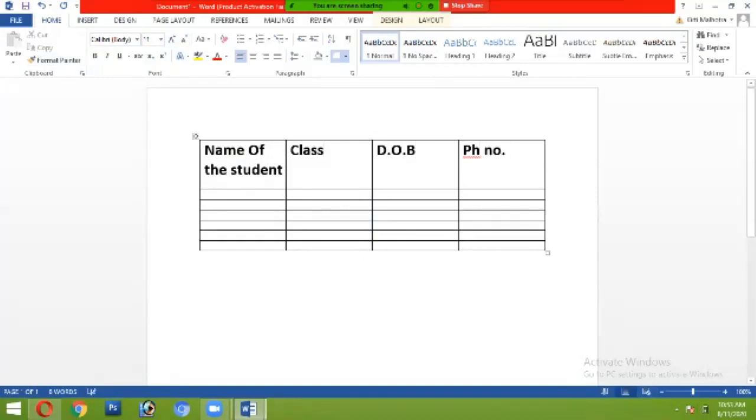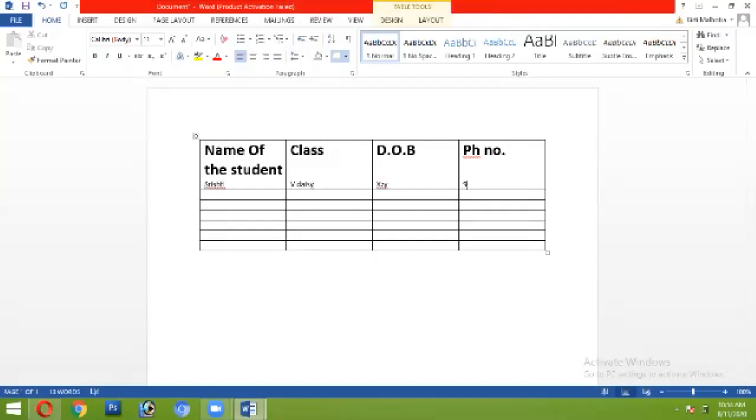Suppose name of my student is Srishti. Her class is 5 Daisy. Then her date of birth is so and so, XYZ. Any date of birth you can mention.